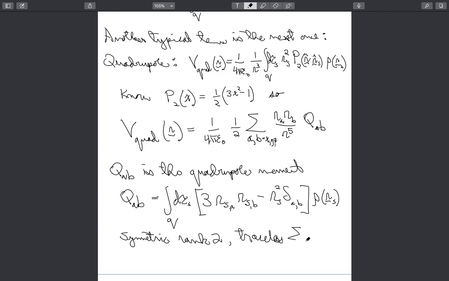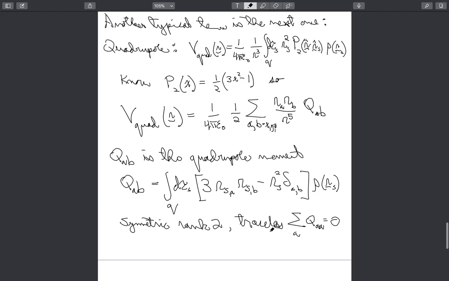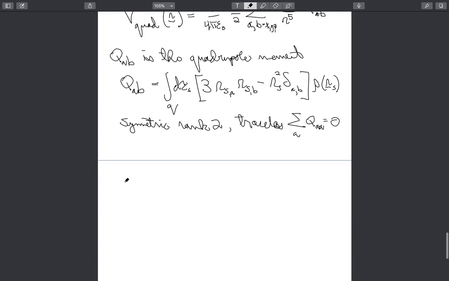Yeah, so if you do summation over A of QAA, it's going to give you 0. Okay, so it has 5 independent components. You'd think it was 6, but because of the traceless condition, 1 falls off. Okay, so in all its kind of practical glory,